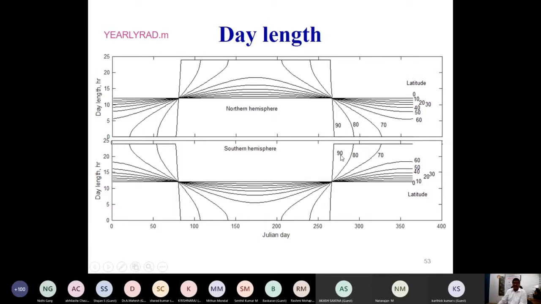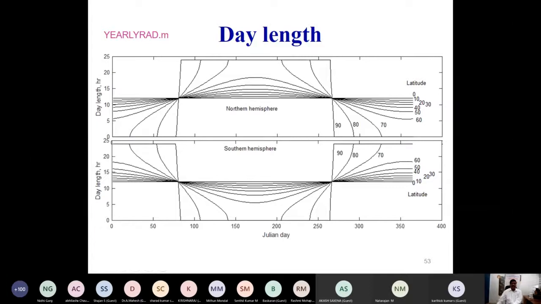This is the southern hemisphere. Okay, let me take 10 degrees. At 10 degrees, in winter the day length is slightly below 12 hours. In summer, the midpoint I am showing, maybe June, July approximately, it is about 12 hours. If you see some other place like Western countries, the US, Canada, and consider some other angle, let us say 50 degrees, what is the day length in winter? It is hardly 7 or 8 hours. And in summer, tracing the 50 degrees, it is more, almost 15 or 16 hours.